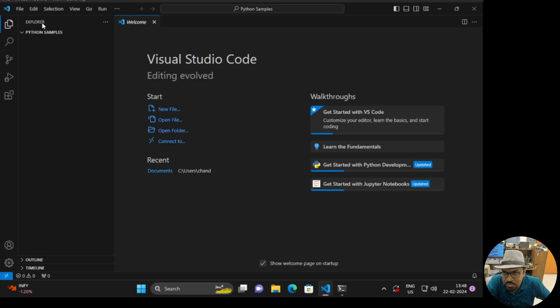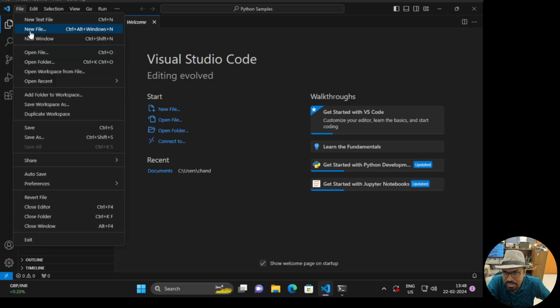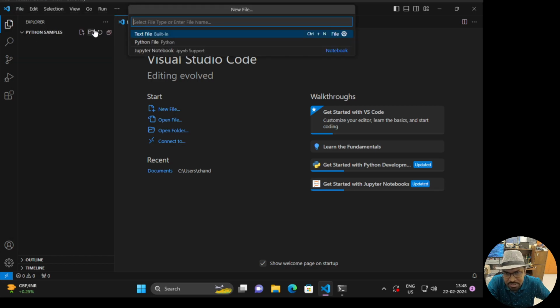Right now, this Explorer interface that shows up in this corner shows everything is empty. So you can create a new file by clicking on new file here. Either you can click on this icon in the welcome tab, or you can also select file and say new file here. Either you can say new text file or new file, both will work. But when you select new file, it will prompt you with some options here: text file, Python file, Jupyter notebook. This Python file and Jupyter notebook came up because I installed the Python extension and the Jupyter notebook extension previously. So if I select Python file here,